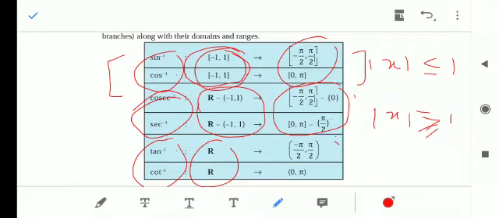In the case of tan inverse x and cot inverse x, again you can see the range is minus pi by 2 to plus pi by 2 and 0 to pi, but here they are open intervals. The first two, minus pi by 2 to plus pi by 2 and 0 to pi, are closed intervals, while for the last two, tan inverse and cot inverse, minus pi by 2 to plus pi by 2 and 0 to pi are open intervals. In the case of cosec inverse x and sec inverse x, the range is minus pi by 2 to plus pi by 2 and 0 to pi closed interval, minus the middle terms, that is 0 and pi by 2. These things must be taken care of before solving the questions.